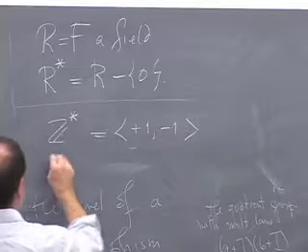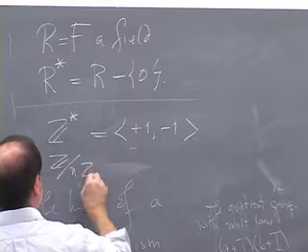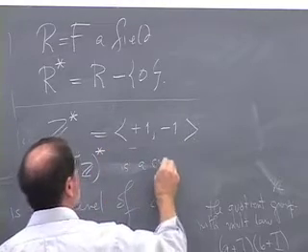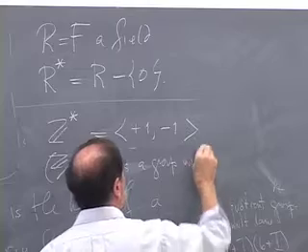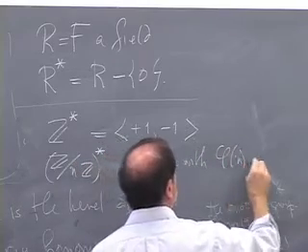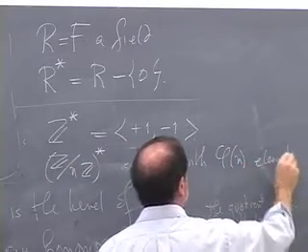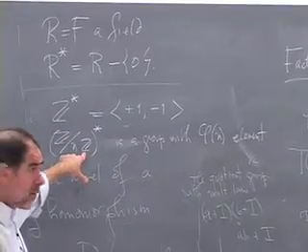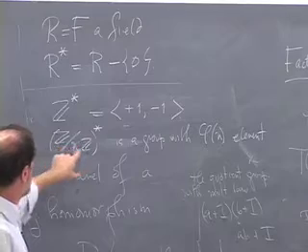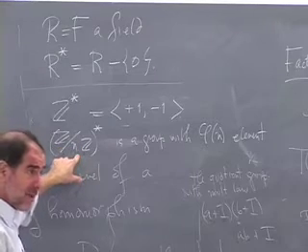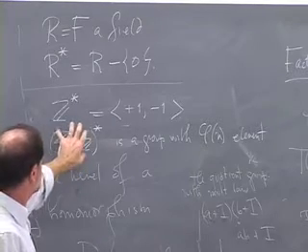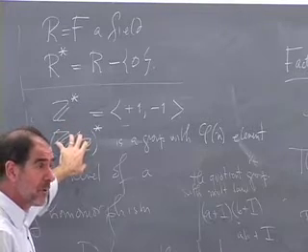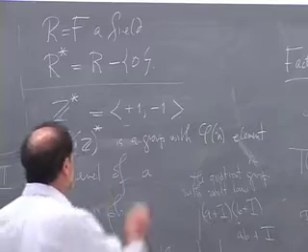If you take Z mod NZ star, it is a group with phi of n elements. The Euler number: the number of things between 1 and n that are relatively prime to n. Because invertible in this ring means relatively prime to n. And this is a very interesting group whose structure was first determined by Gauss. It's not obvious what the structure of that group is. It's an abelian group